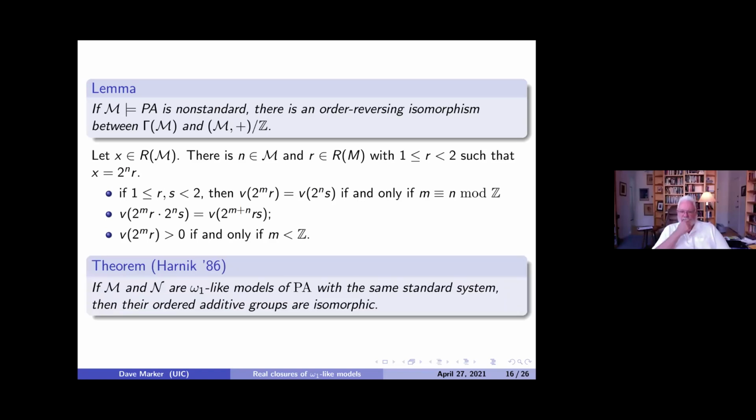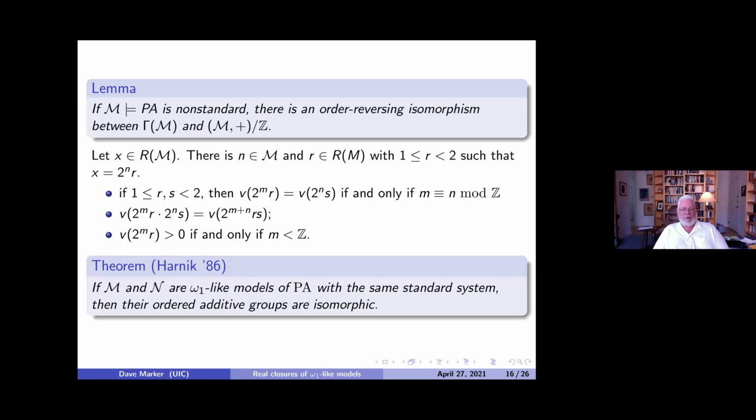And then there's another old theorem of Victor Harnack that says if I have ω1-like models of PA with the same standard system, then the ordered additive groups are isomorphic. So the value groups are necessarily going to be isomorphic. So this is a cute proof of that result that we've done by brute force, but using this result of Harnack is really very easy